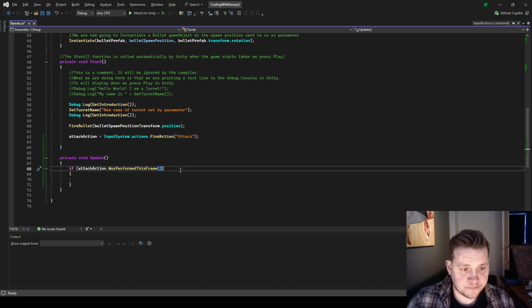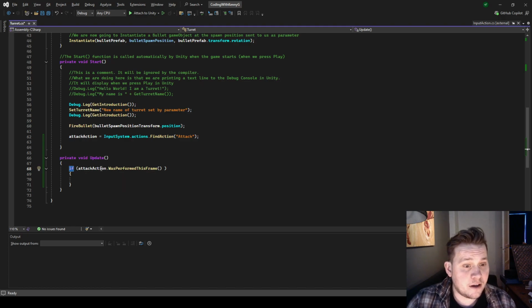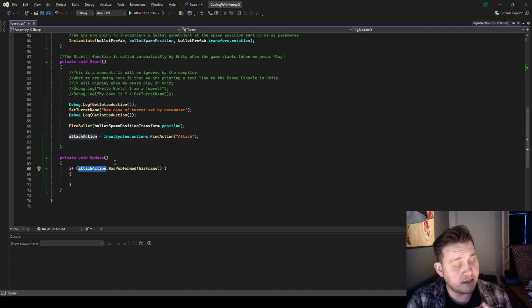So that's a conditional. Hey, if the attack action, so if this event actually was registered during this frame, because the update loop is running